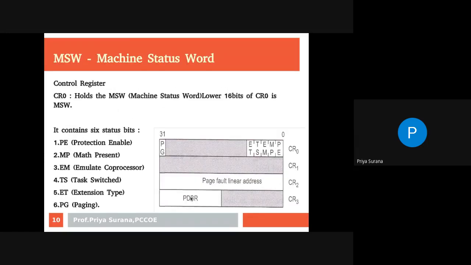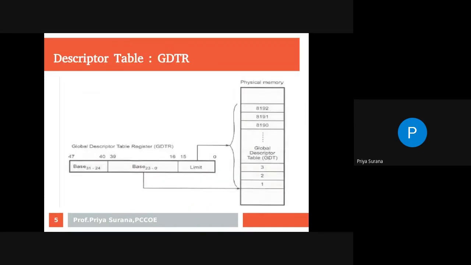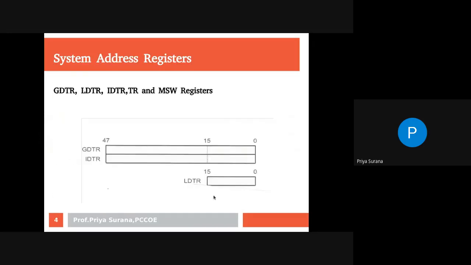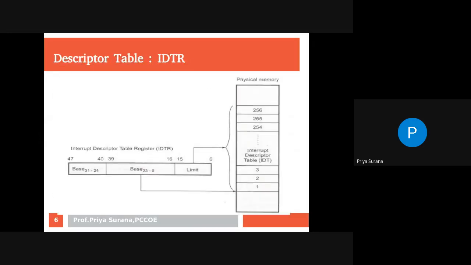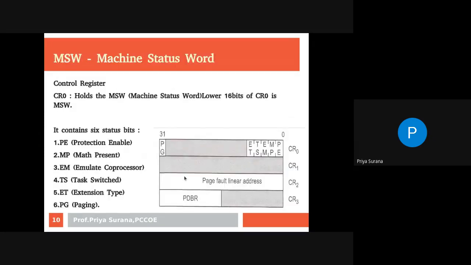Now next, if you check the statement again, we discussed a few points from it, in the sense of what is the meaning of these four registers and basic information about them. Now we will discuss the MSW register: what is MSW, how it is used, where it is used. That is also important in oral exams. These types of questions can be asked related to these points.